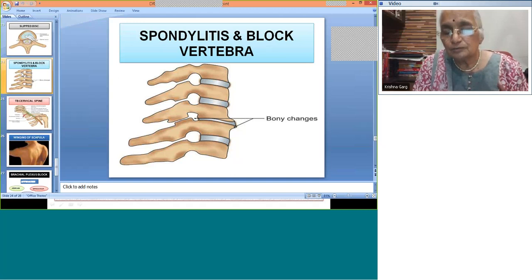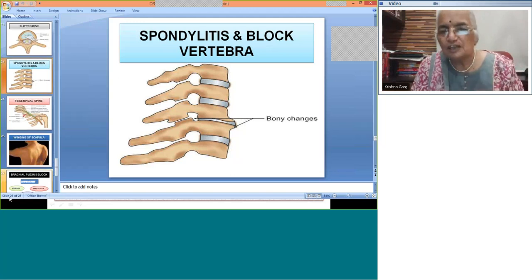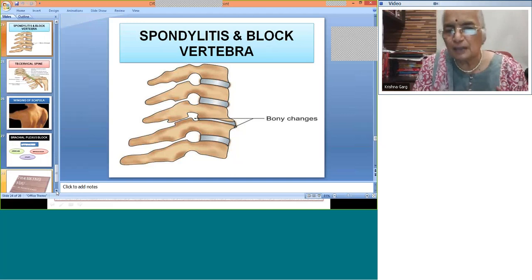5 of these are nerves, then the spinal artery and the spinal vein. All these 7 structures are crowded together in this intervertebral foramen. So any deformation of this intervertebral foramen may cause paralysis or weakness of the muscles which that particular nerve will supply. This is spondylitis. Sometimes these vertebrae may have a very, very small intervertebral disc, or the intervertebral disc may be virtually